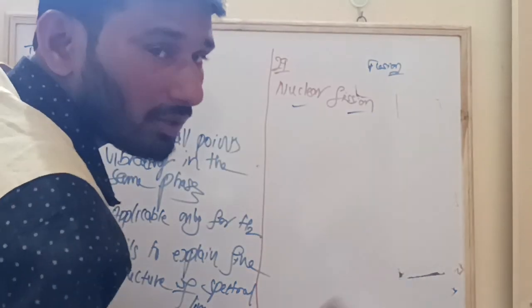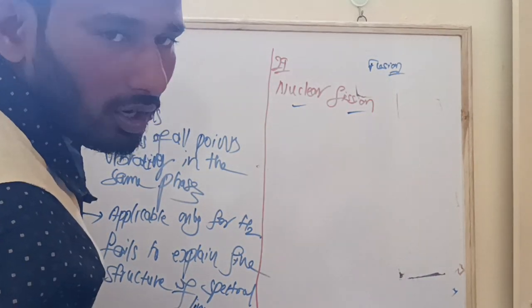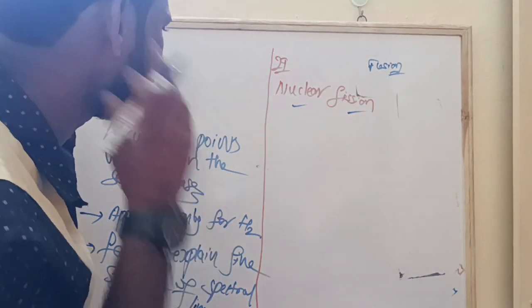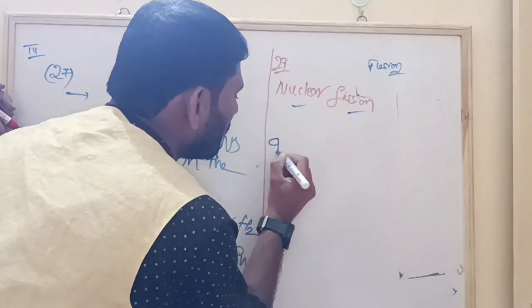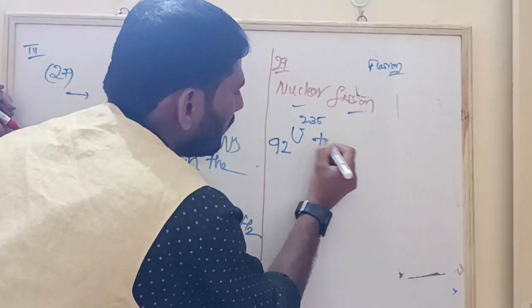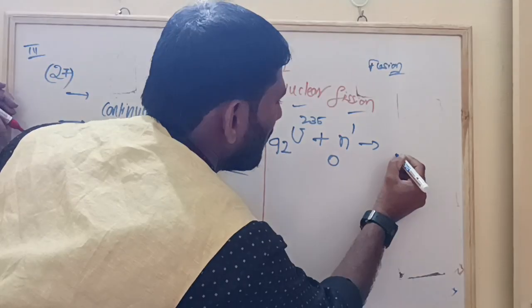So the process of breaking of a heavy nucleus into two or more smaller nuclei with some amount of release of energy is called nuclear fission. One example they have asked: for example, uranium-235 with atomic number 92, you can bombard with one neutron, so in total it will become